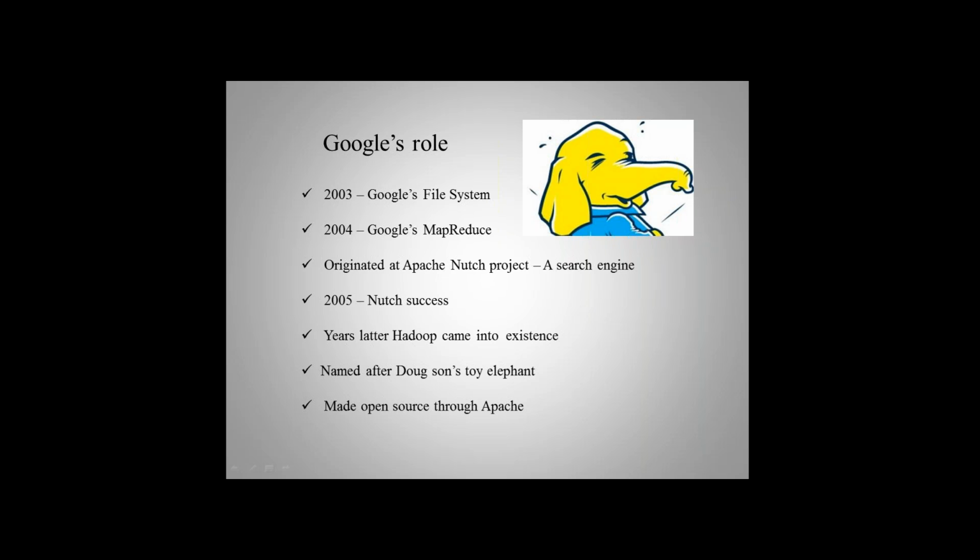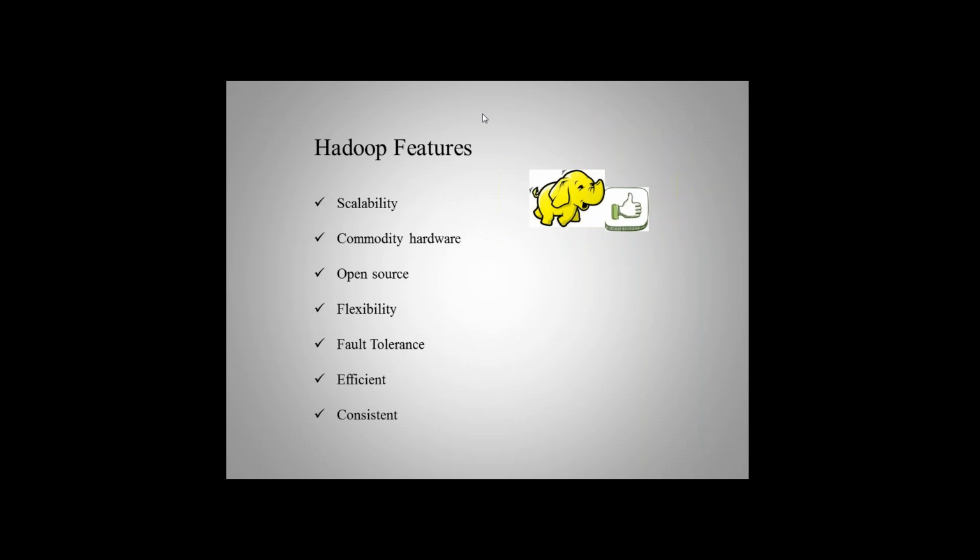And now let me talk about what are all the Hadoop salient features, the outstanding features of Hadoop which fascinated the industry to move forward with Hadoop. I can say the first thing is scalability. Because whenever we talk about the data sets,